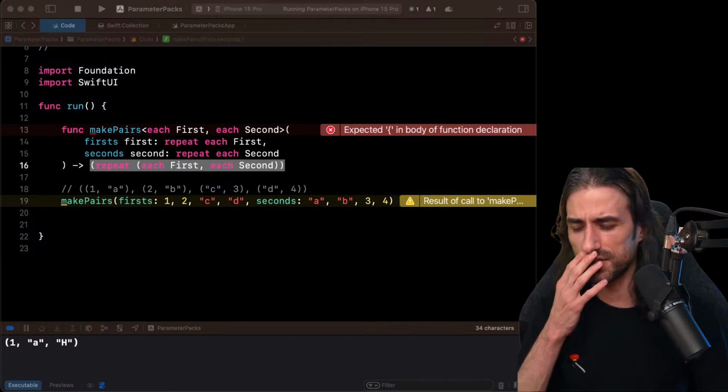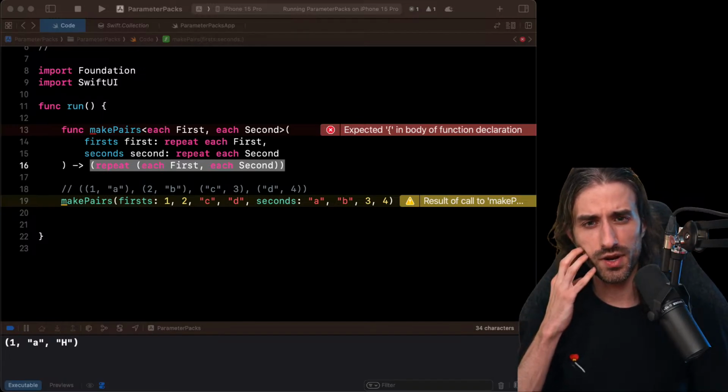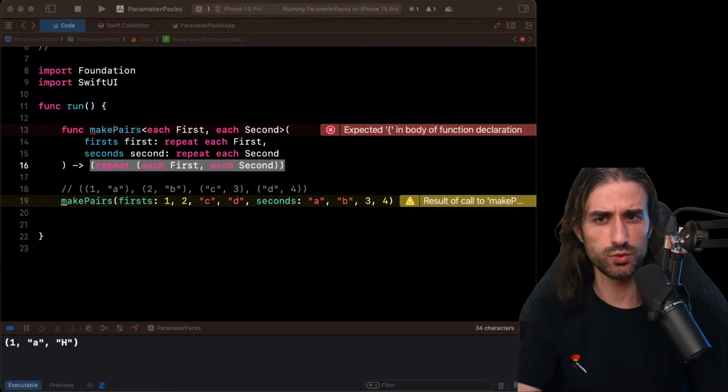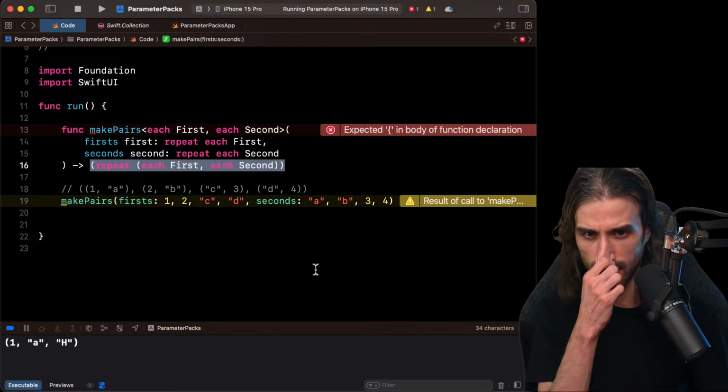And thinking about all of the examples I've seen when I was preparing the content for this live stream, I don't think I've seen some being used with parameter packs. I wouldn't say that these are two features that necessarily work particularly together, even though they do serve the same purpose of making generics more powerful by introducing operations that happen at compile time.